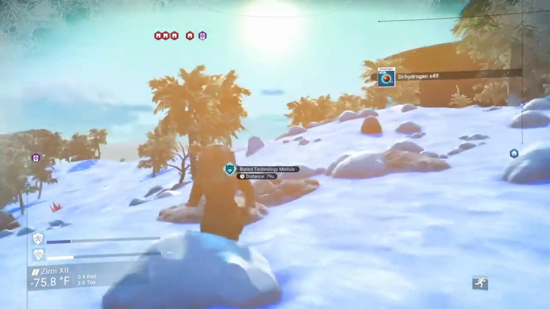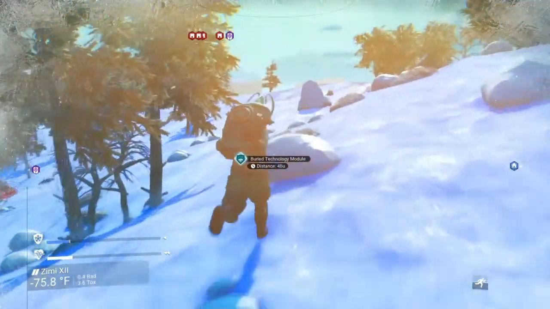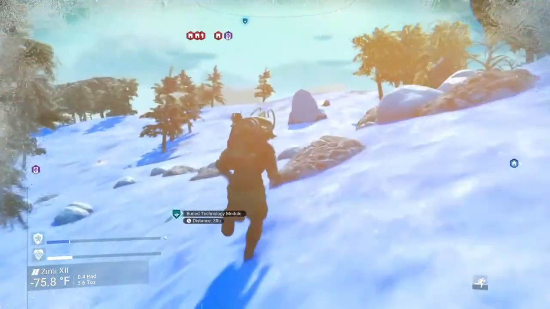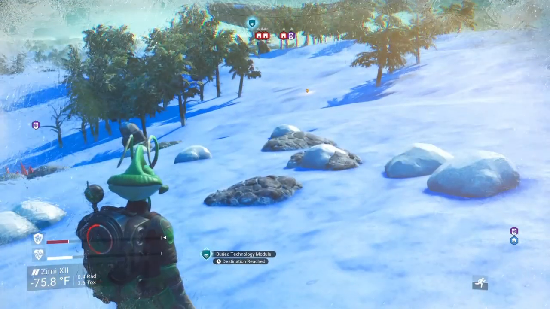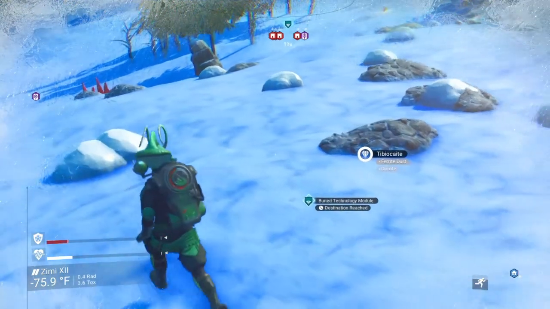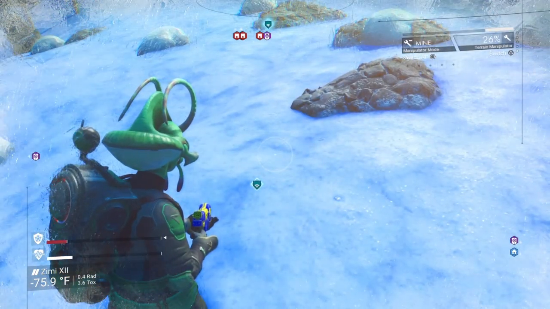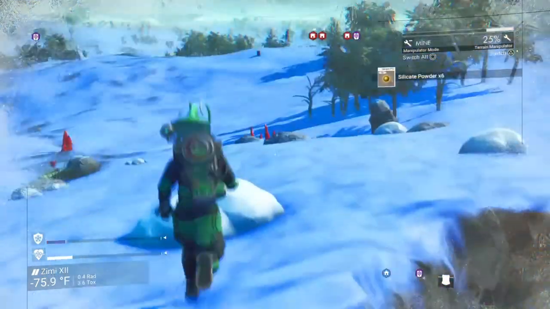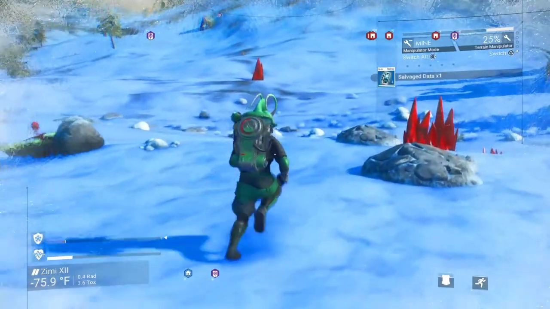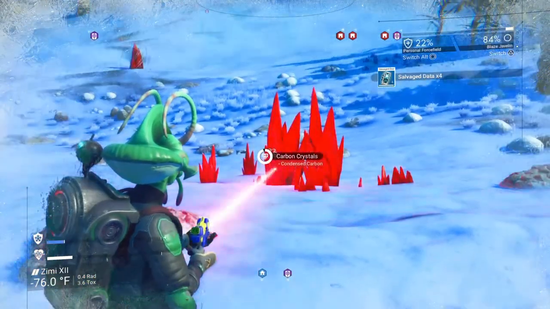But I like how they added the new hub. If you go to the anomaly... Anomaly. There we go. If you go to that word, anomaly. I can't say it. Anomaly. There we go. If you go to the anomaly, essentially it opens up this multiplayer hub of an area